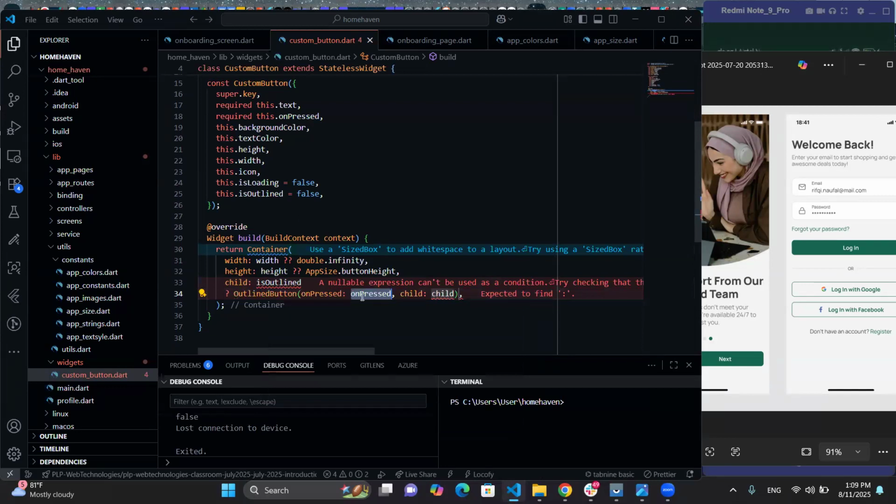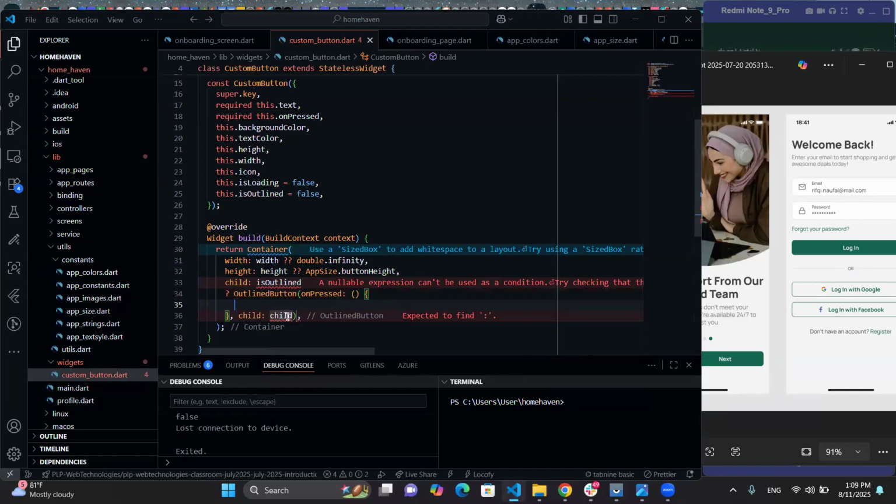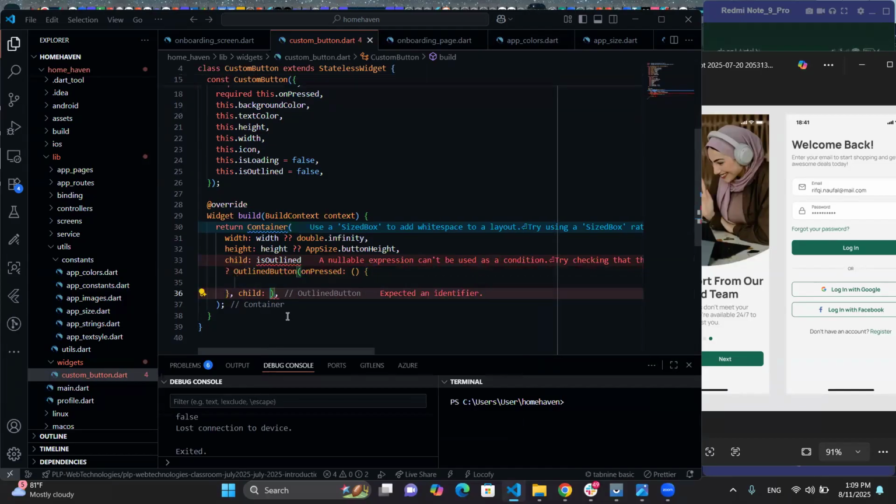It already has the unpressed. So I'm just, okay. And then compressed is going to be